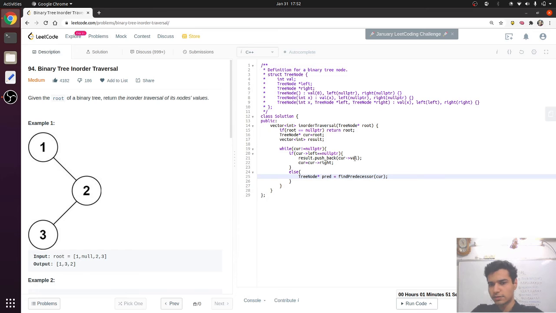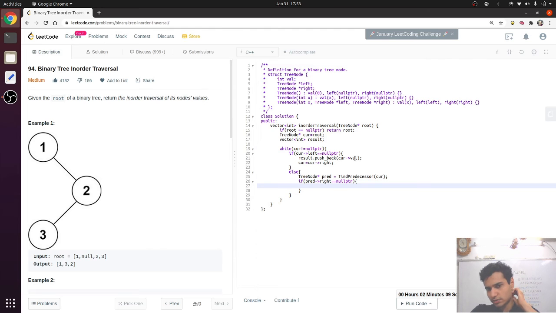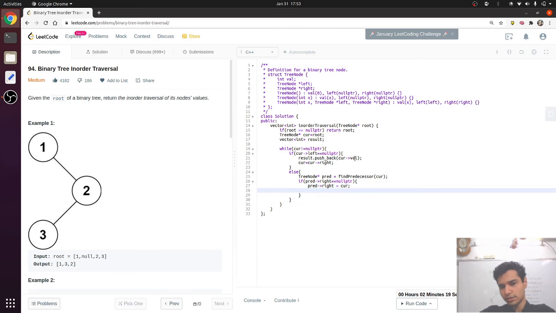We can code this later. It's just the predecessor in in-order traversal. Then if predecessor's right is null, that means this is the first time we are encountering this left subtree. Then we have to first make a connection so that we can again go back to the current node, and after we have made this connection, we go left.